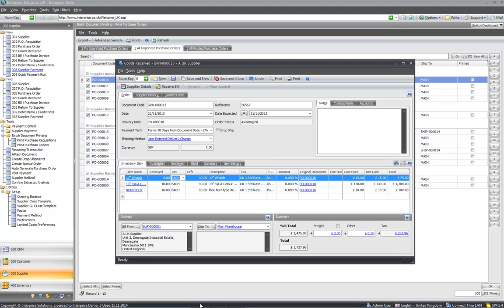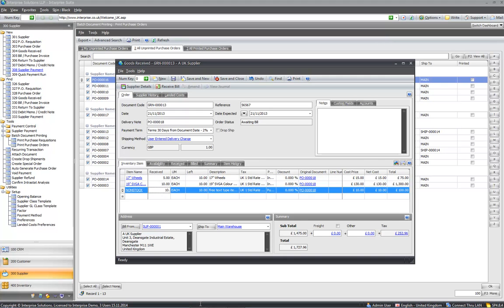But if it's a kind of supplier that delivers and they're short, say it's 100 and they're 2 short, they're probably not likely to deliver the 2. So then obviously you can just write off the 2. But if they've delivered 50 of the 100, or 5 of the 10 like here, then they're more likely to deliver the other 5 at some point. Okay. So what have we got here? I'll just say I've had 10 of those. I've had 10 of those. And if I say save, okay,